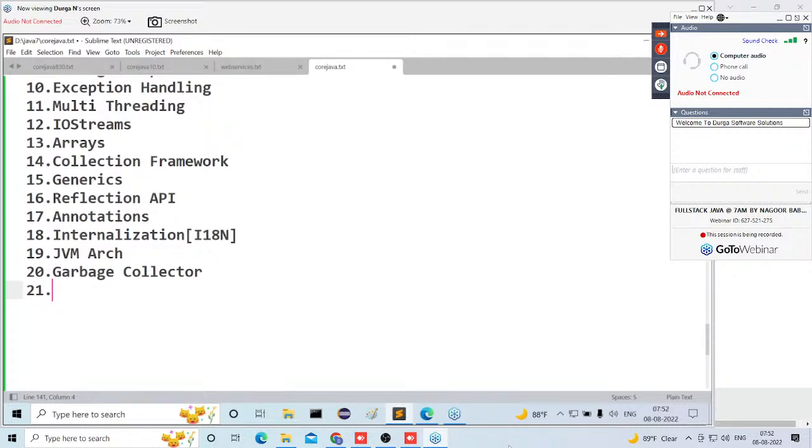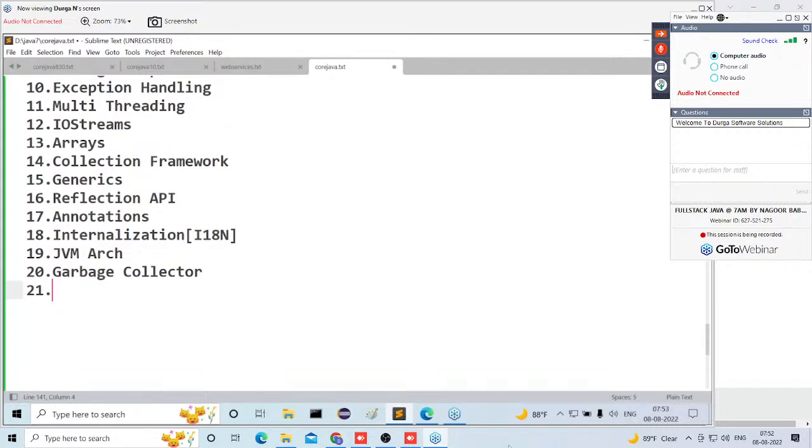If we come to this point, observe carefully. One main difference between C++ and Java is, in the case of C++, the developer is responsible for creating objects and for destroying objects. See, both are object-oriented programming languages. Am I right or not? Java and C++ both are object-oriented programming languages. What is the meaning of object-oriented programming languages?